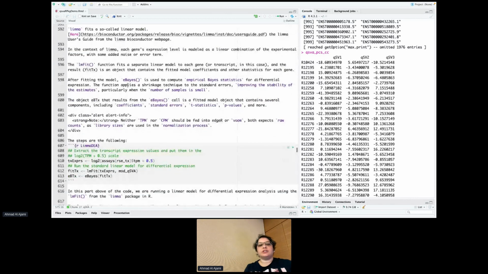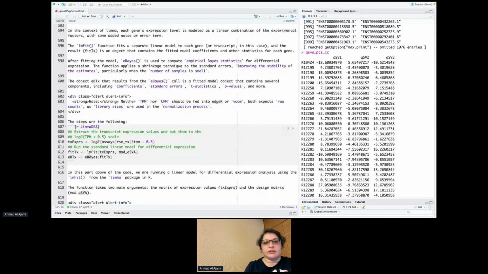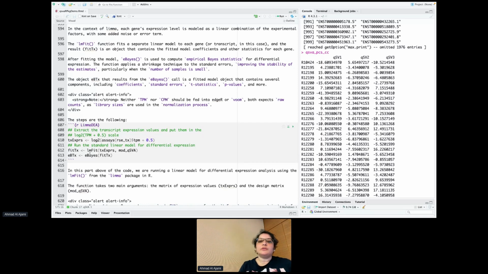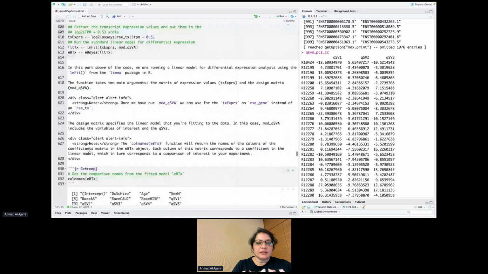To run the differential expression analysis, we use limma, so we extract the transcript expression values, and then we run the standard linear model, so we use lmFit and the eBayes function. The empirical Bayes statistic for differential expression, eBayes, improves the stability of the estimate, particularly where the number of samples is small. And after that,